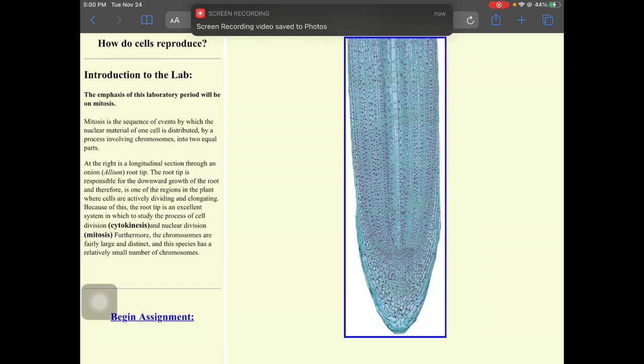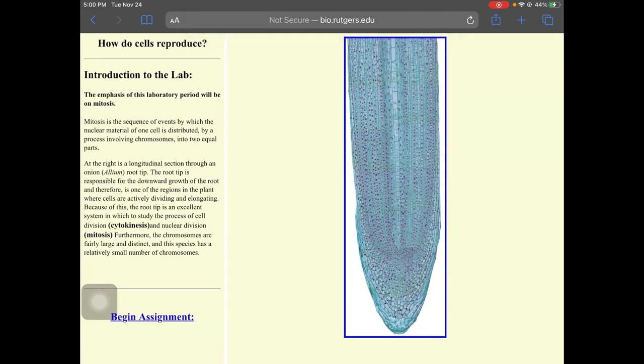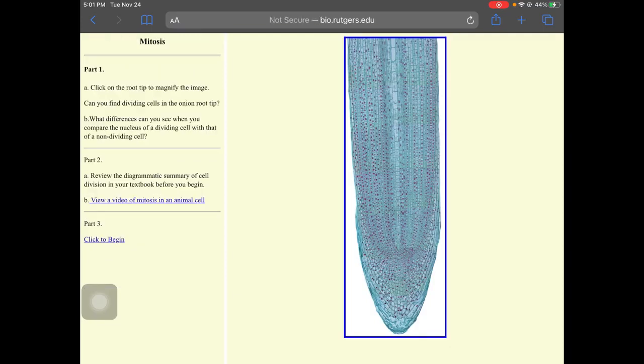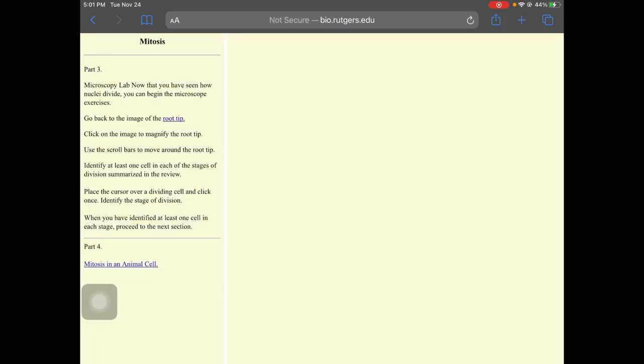For the Mitosis Lab, I'm at the website and I'm looking at the onion root tip. So what I'm going to do is take a closer look at this root tip here. Now, it is important to get some background. So taking the video, looking at the video of mitosis in an animal cell and understanding those stages of mitosis